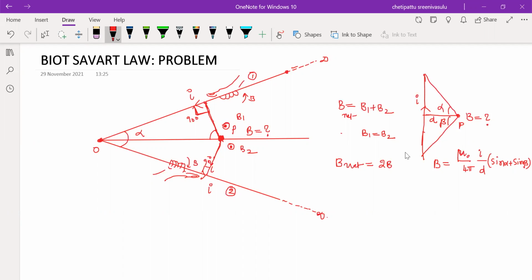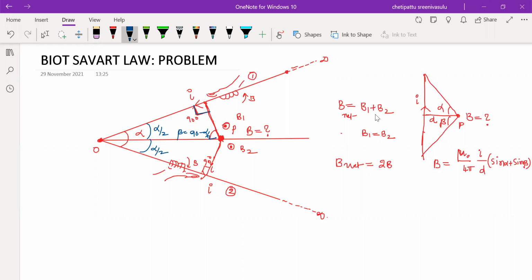First of all, find out the first conductor. Due to the first conductor's magnetic field, look at here. First conductor I am taking. Clearly you can observe, slowly you can observe. This is alpha, so what about this angle? This is alpha by 2. What about this angle? This is alpha by 2. Now you look at here, this is 90 degrees. This angle is 90 minus alpha by 2. Here in this, totally, 90 minus alpha by 2 is equal to beta.